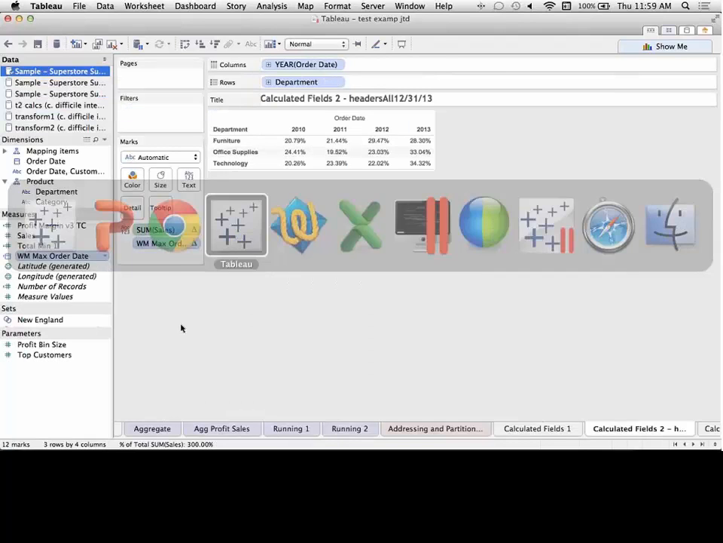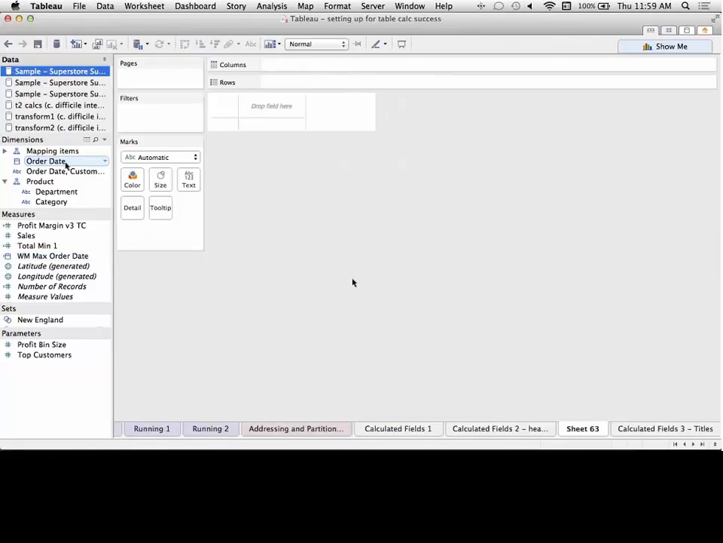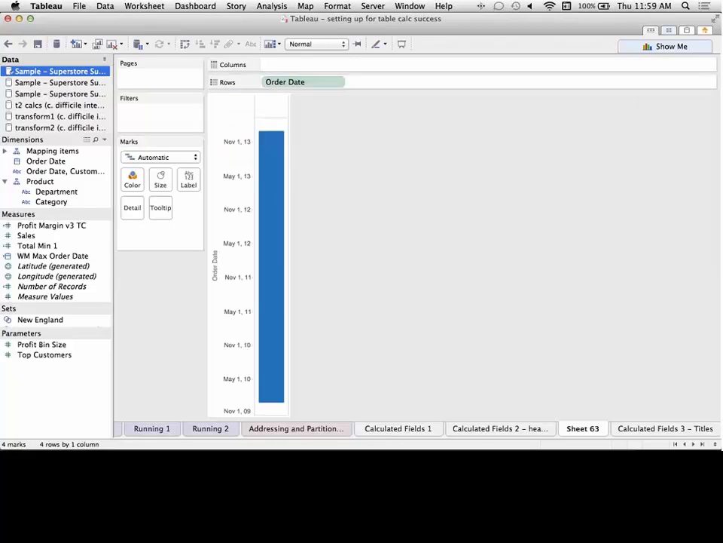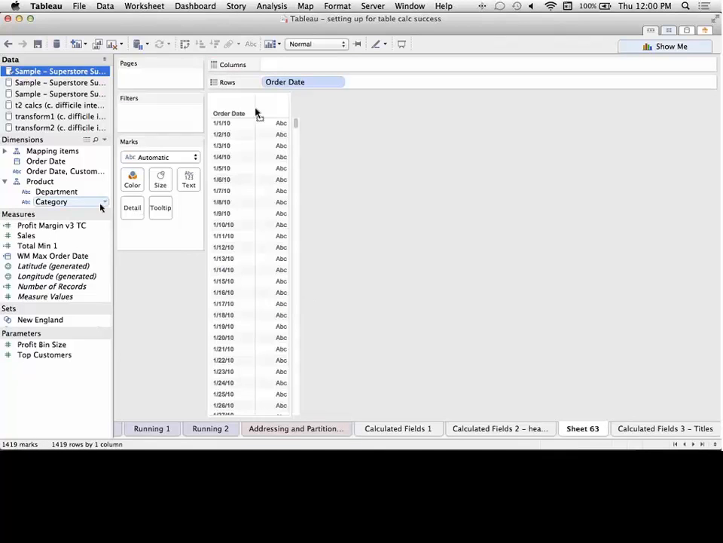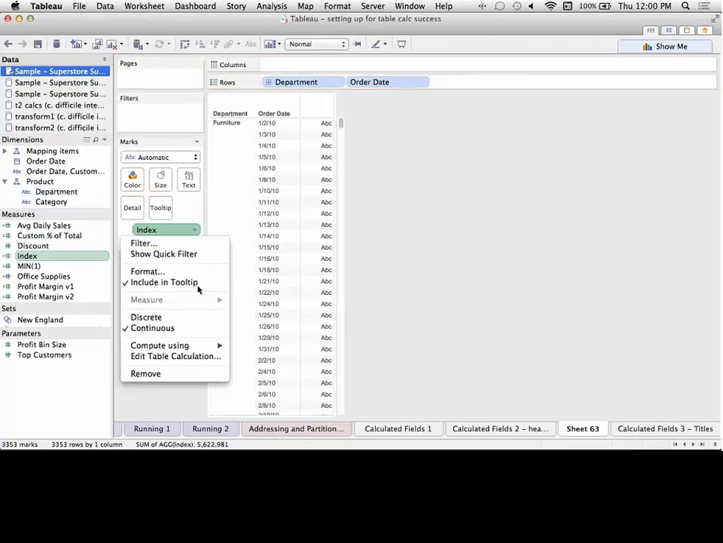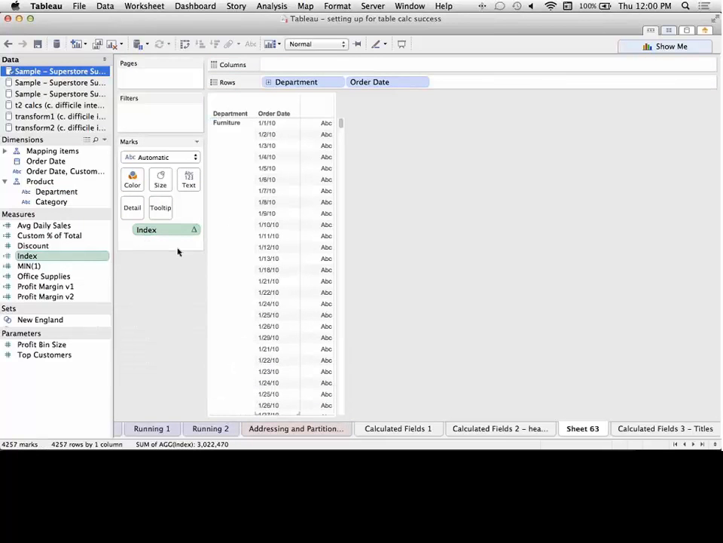Let's go back to Superstore Sales, new worksheet. So for example, I have, let's do exact date, and I'll make it a discrete here. So there's all my days. I have each department. And then if I have a table calculation with a compute using on the order date, note there are 3353 marks down here. Suddenly my marks count jumped up to 4257 because Tableau has triggered